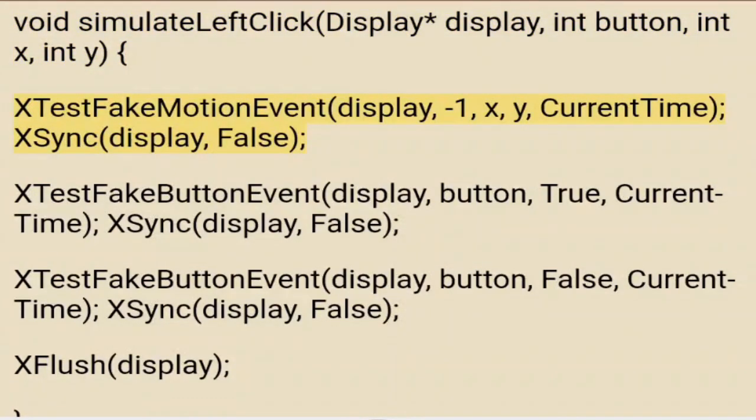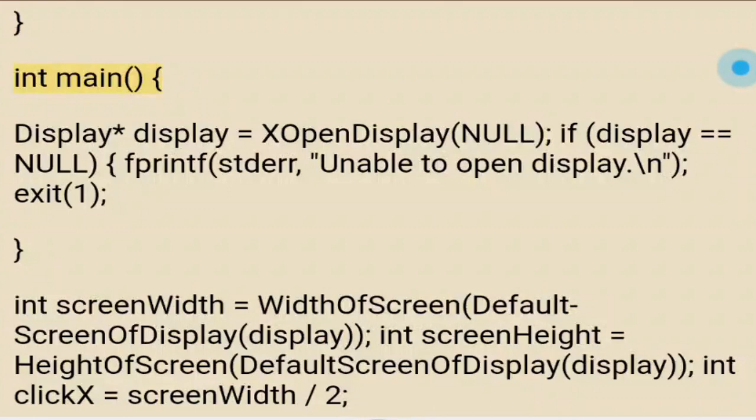XTestFakeMotionEvent(display, -1, x, y, CurrentTime); XSync(display, False); XTestFakeButtonEvent(display, button, True, CurrentTime); XSync(display, False); XTestFakeButtonEvent(display, button, False, CurrentTime); XSync(display, False); XFlush(display); } int main() { Display *display = XOpenDisplay(NULL); if (display == NULL) { fprintf(stderr, "Unable to open display\n"); exit(1); }